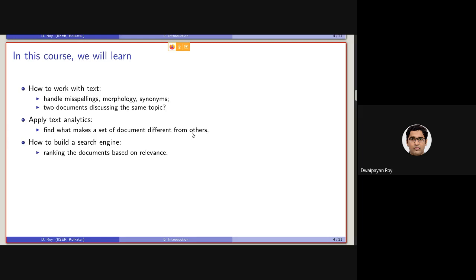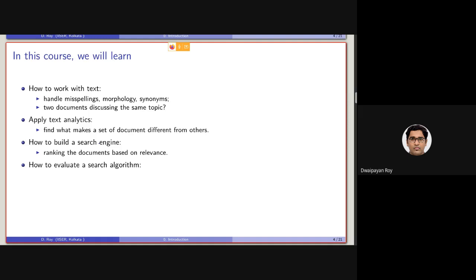And of course, there will be many documents containing the term. We need to have a mechanism to rank the documents based on relevance. So this we also need to do, and we will be learning this while studying the building of a search engine.